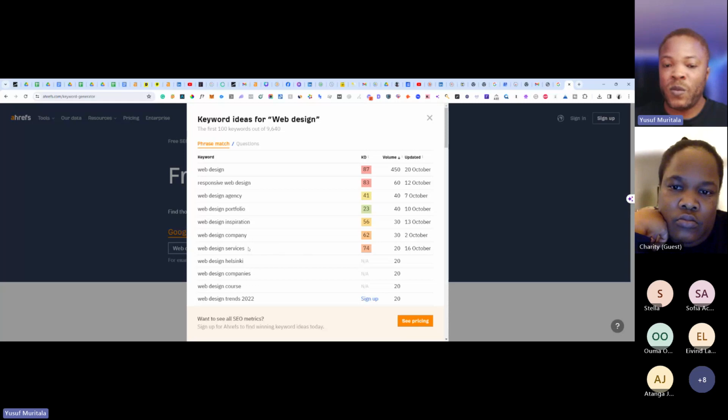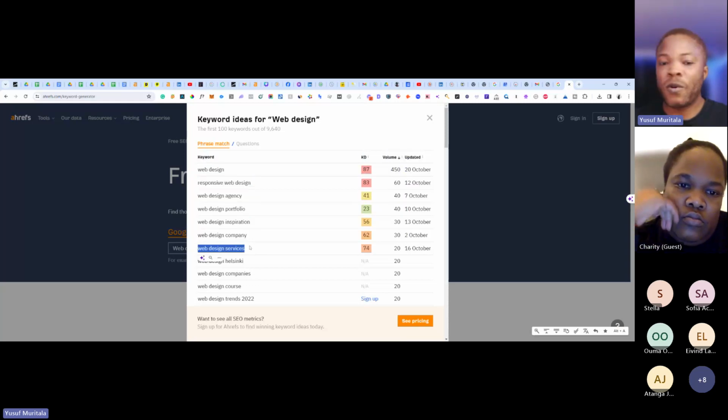You can see we spoke about this before: with this one, they are looking for a company to check on and see what they offer. So it's more of a transactional kind of keyword that people are looking for. You can see the difficulty is 74, this is 62, this is 23.